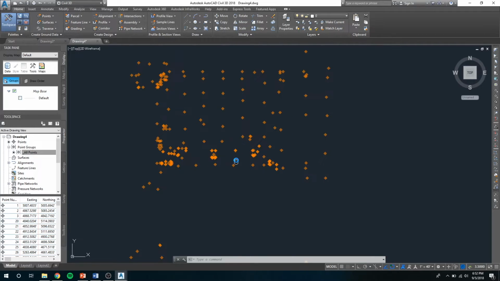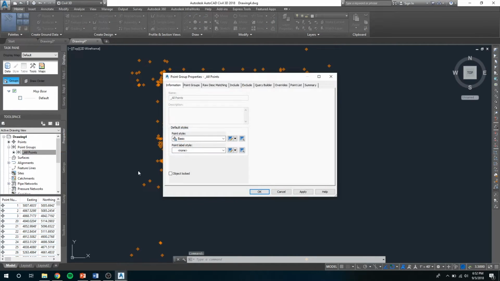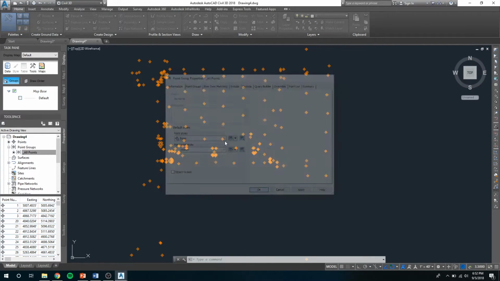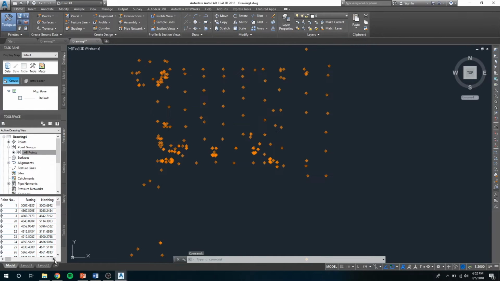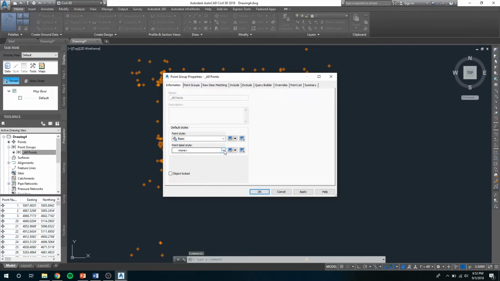You can see that. So I want you to go back to all points and properties, and now we need to add some labels. So now we can actually understand what these points even mean a little bit more. So as you can see, all of your points over here, you have all of these different data types. You have your point number, your easting, northing, and your point elevation, so your Z direction. And maybe we want to show what some of those